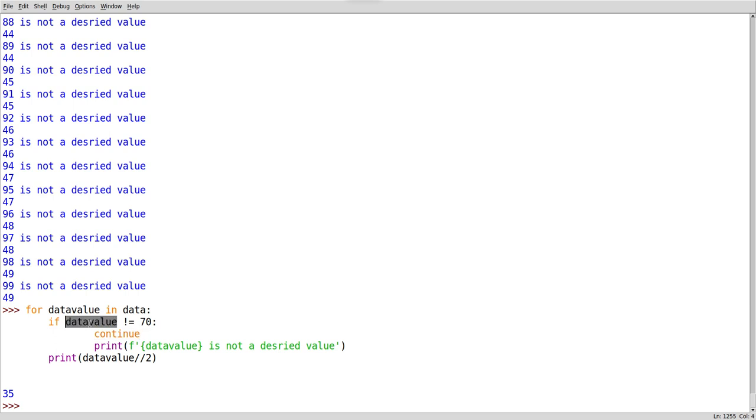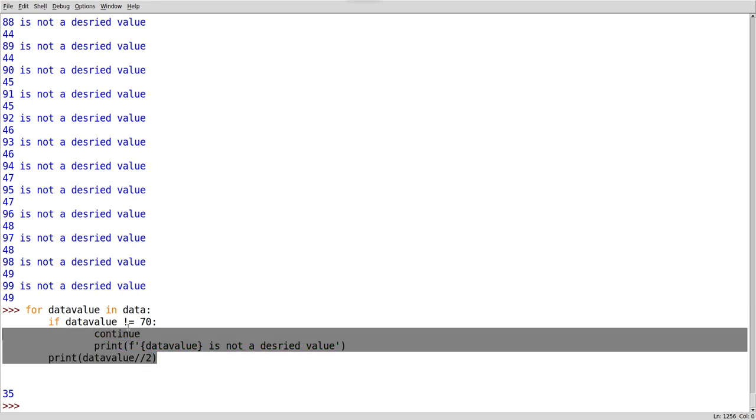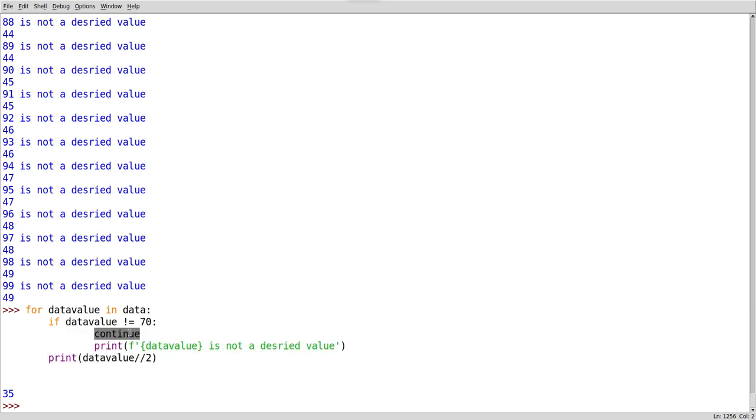Now data value not equal to 70 is satisfied. Now you will come inside and say, oh, I have to continue, I don't need to do anything. Then fine, I will not execute the rest of the code in my for loop. I will go to the next memory location. The moment I see continue, it will go to the next.